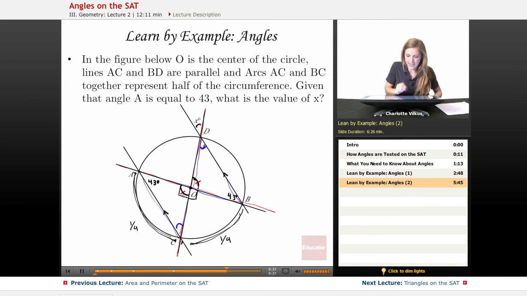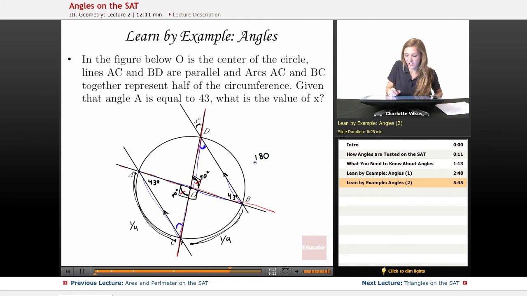So once I know that this one's 90 degrees and then this one's 90 degrees, I now have two numbers in each of my triangles, and that will allow me to figure out the other angle's value because